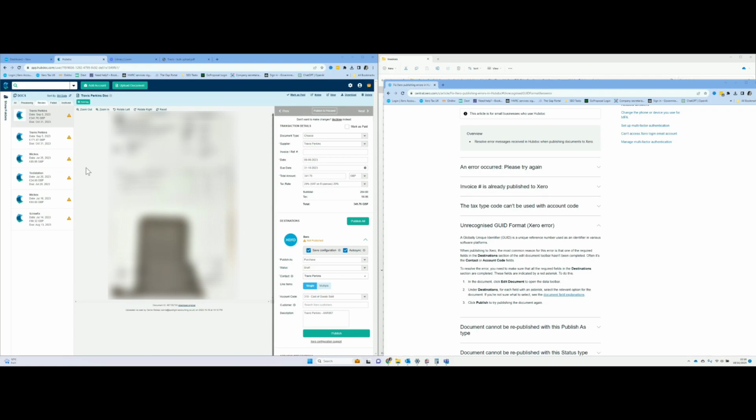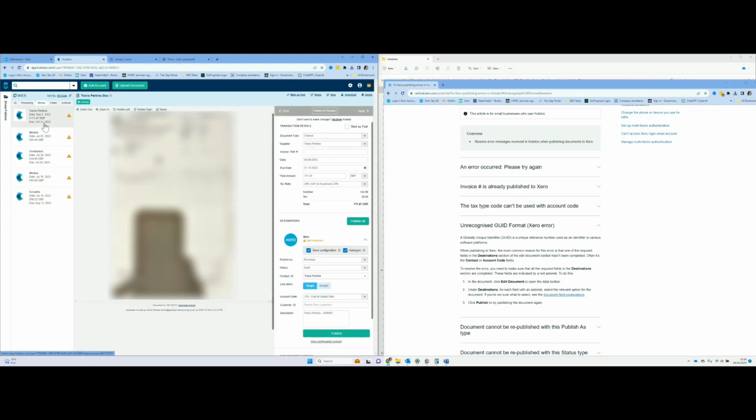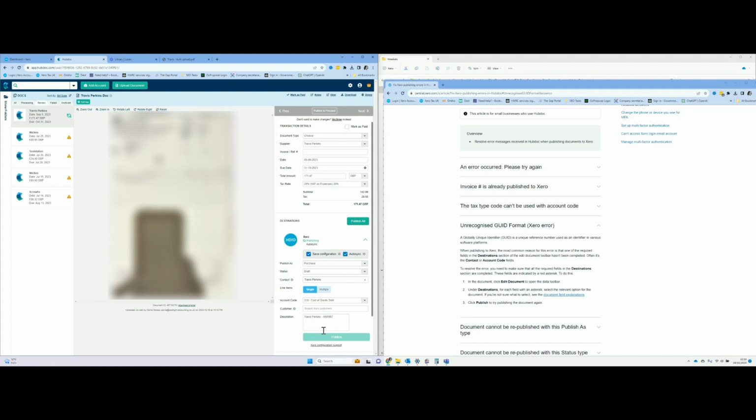So again, what's happened with the next one, if you look, it has saved the configuration from the previous one. So if we publish all, publish this one again,